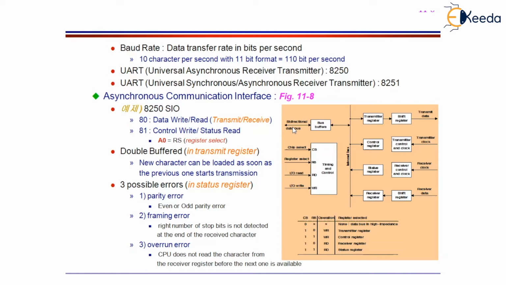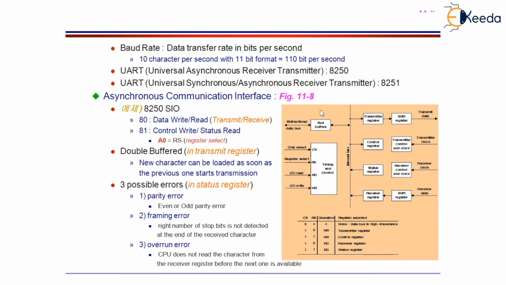For this reason, we need to design a bus buffer. It is purely because of the mismatch of the speed levels between the CPU and the peripheral devices. The CPU works very fast and the peripheral devices cannot work as fast as the CPU. Data will be sent and received by the CPU very fast. Similarly, in proportion to this, peripheral devices will not be able to keep up with the speed of the CPU. So what we do is use a bus buffer. In this bus buffer, data items will get stored, either outgoing from the CPU or incoming to the CPU. The data will be located in the bus buffer.